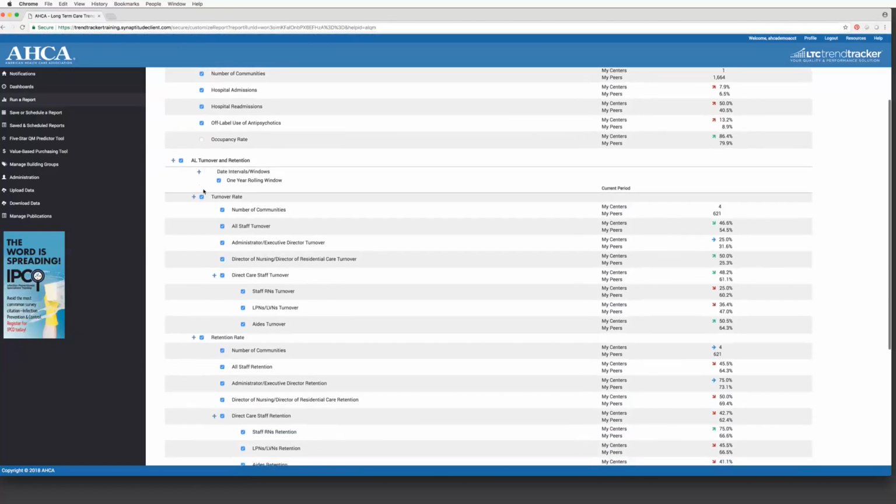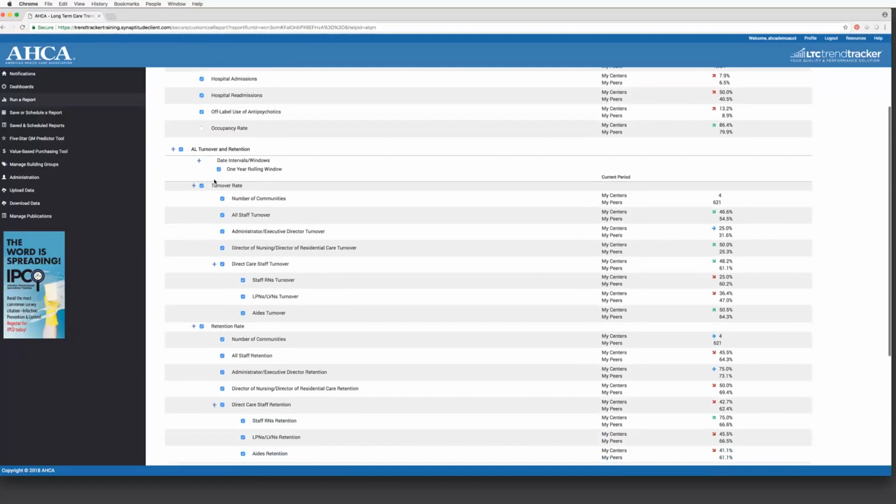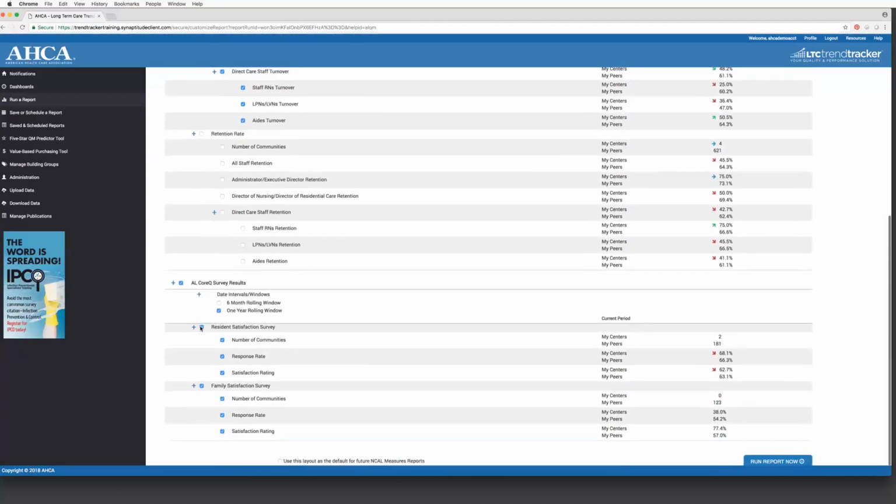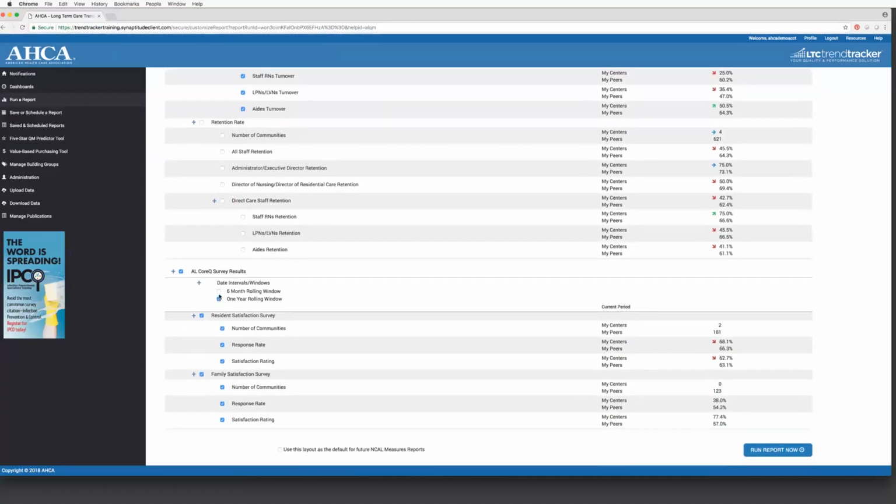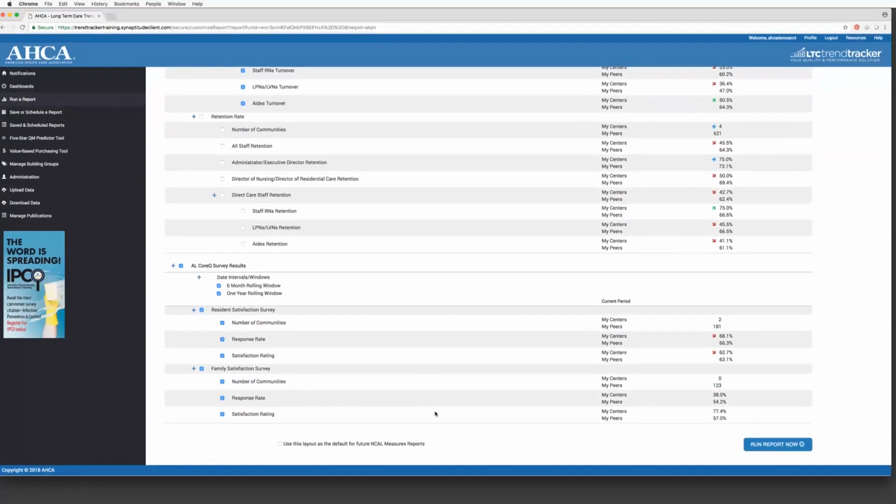For AL turnover and retention, it is a 1-year rolling window, so you do not have the option to choose monthly, quarterly, etc. You can choose if you want to see all of the different breakdowns for turnover, same with retention, so maybe I just want to include turnover for this report. And then your AL CoreQ satisfaction measures. Again, you can choose 6-month or 1-year rolling windows, and you can choose the different parts of resident satisfaction. Now, you can also use this layout as the default for future NCAL measures reports, which is really nice. So we'll just click that, use that as my default, run report now,